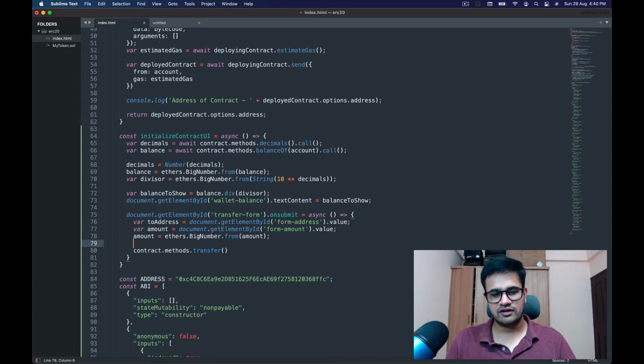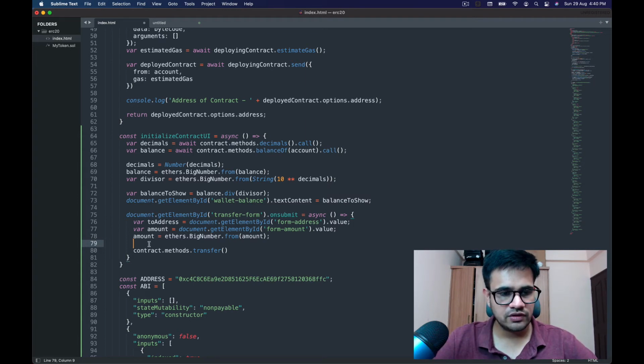So if I am sending one token, I'm actually sending 1 into 10 to the power 18 amount of token, if the UI is not involved. That is the amount sent as far as the blockchain is concerned.